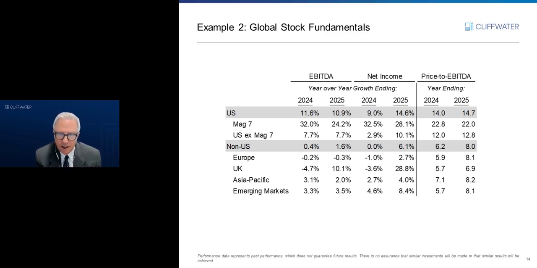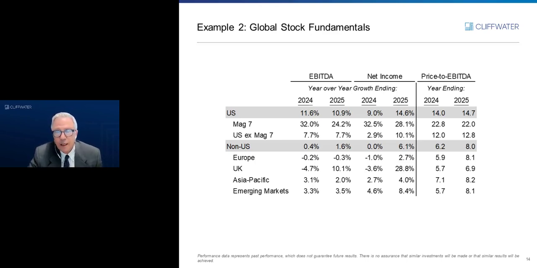That was primarily AstraZeneca. So again, for long-term return, you're not going to have sustained multiple expansion as you did in 2025 with the non-US without realizing some significant earnings growth, and really not so much in 2025 outside the US. Again, yes, the MAG 7 did contribute significantly. EBITDA growth in 2025 was almost 25% for the MAG 7. But even if you exclude the MAG 7, you're looking at a 7.7% EBITDA growth for 2025, well above the non-US